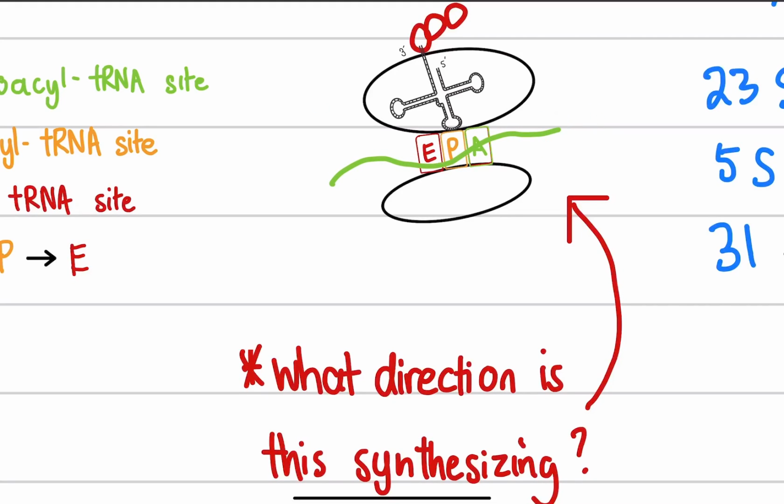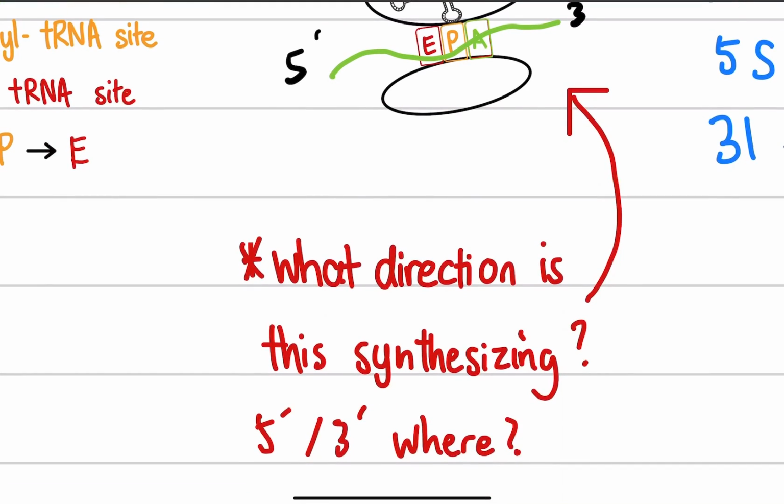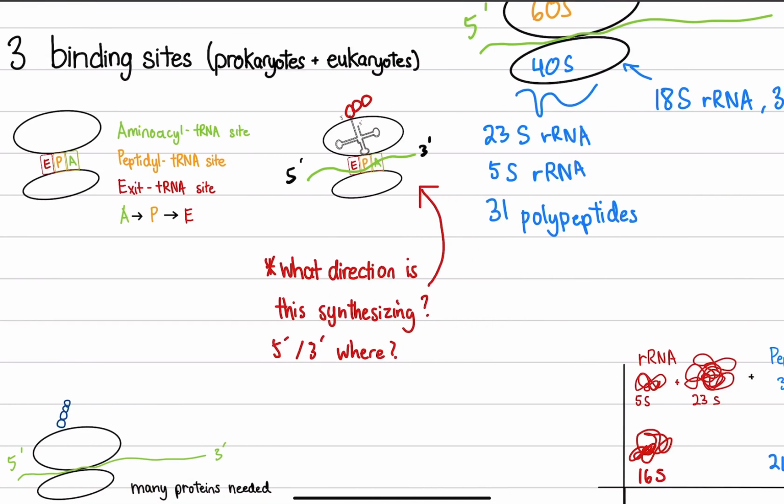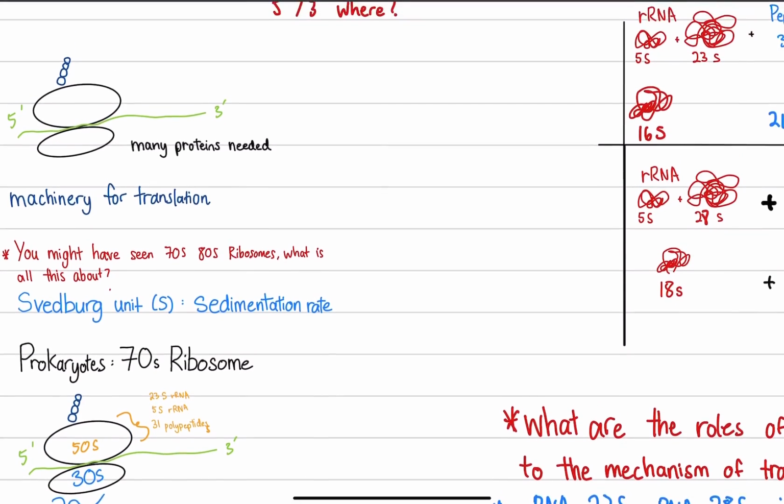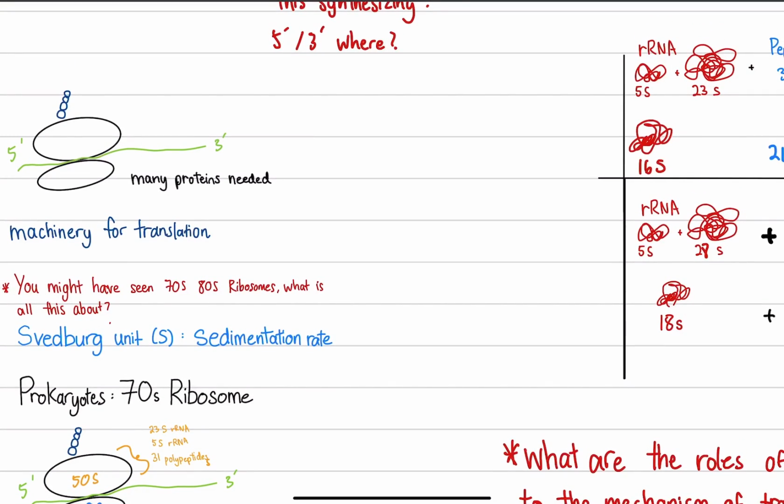So the 5' end has to be this end here, and the 3' has to be this end. So please memorize this, that everything, even transcription, is happening from the 5' to the 3' end. That's very essential. So let's talk about the machinery that's needed for